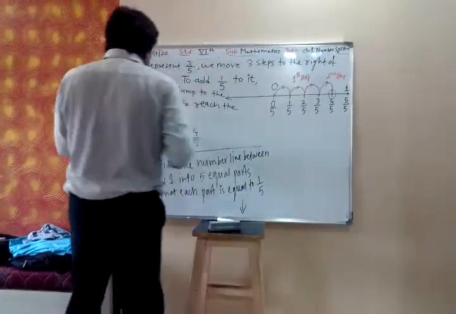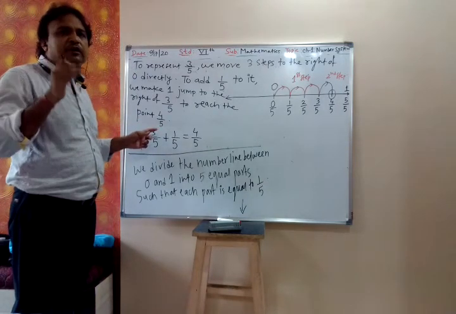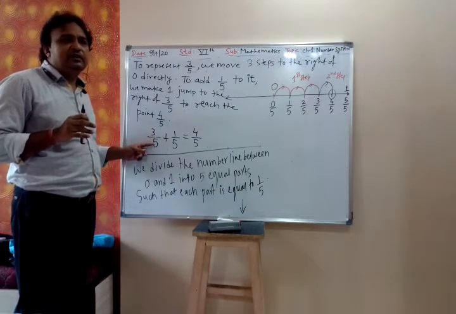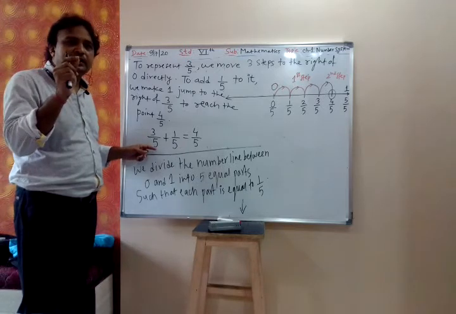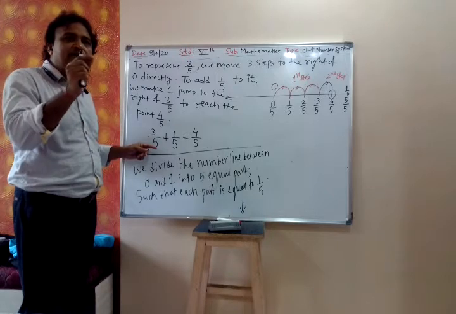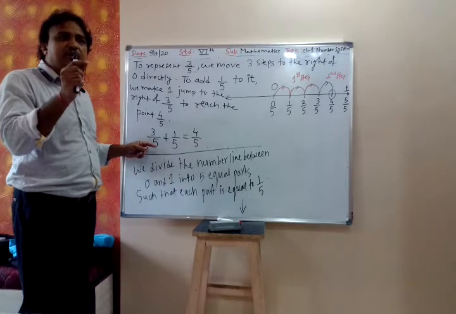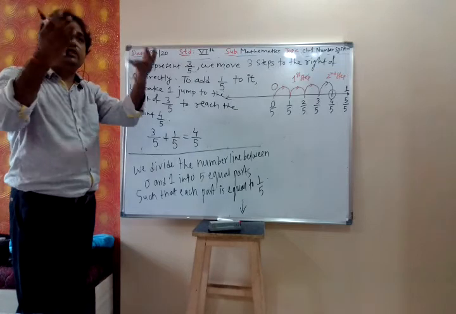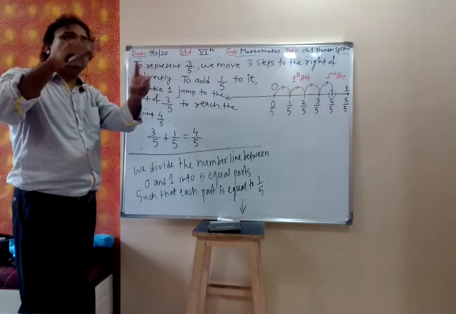Because see, now you only have to give me the answer. 3 upon 5: 3 is the numerator, 5 is the denominator. Which is bigger? 5. So the denominator is bigger. Whenever the denominator is bigger, that number will lie between 0 and 1, if it is positive. Otherwise, it will be beyond 1. It can be 2, 3 also, but it will be after 1.